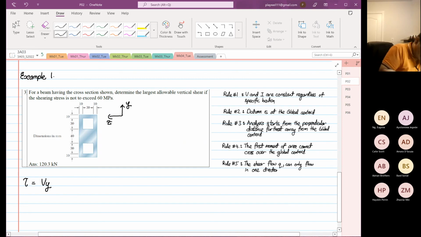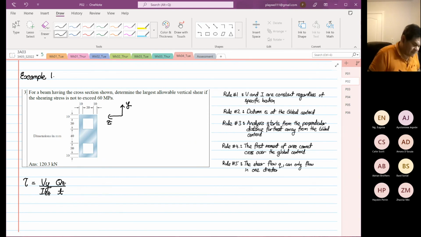We have Vy over Izz, Qz divided by t. You see that now. So the rule said that V and I are constant, and we know that